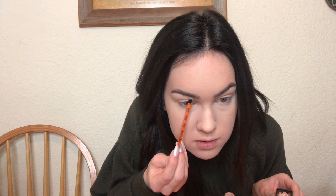Okay, now I'm gonna go in and just carve out the bottom part of my eyebrows. I don't really care too much about carving out the rest unless I'm really going somewhere fancy, but this is just kind of an everyday full face. I mean, not everyone wears a full face every day, but...